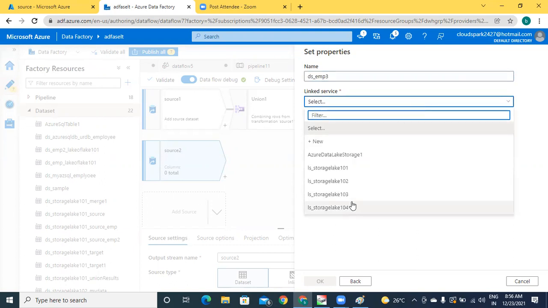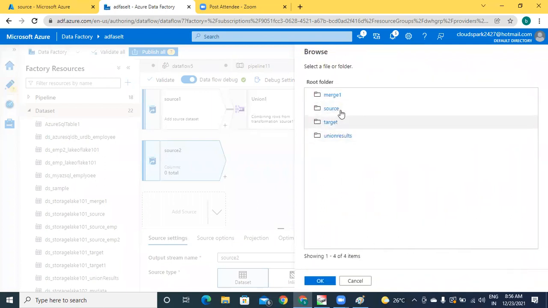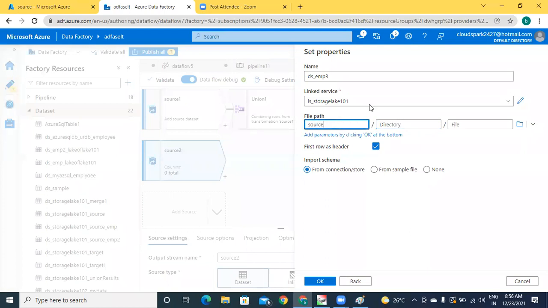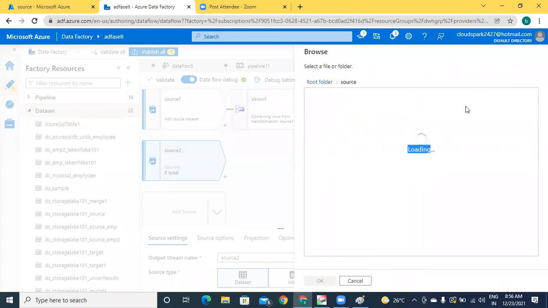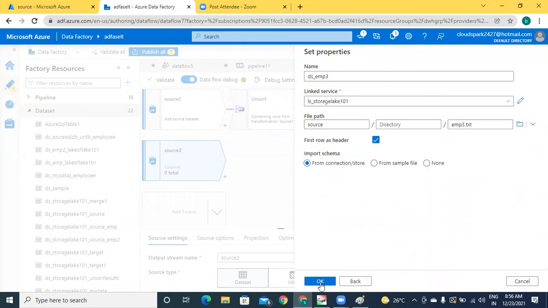Linked service worldwide. The file I am selecting is the third file, which is EMP3.